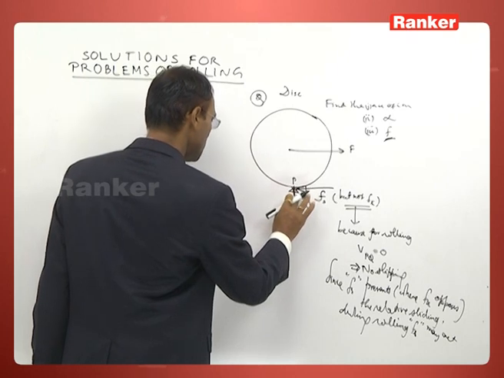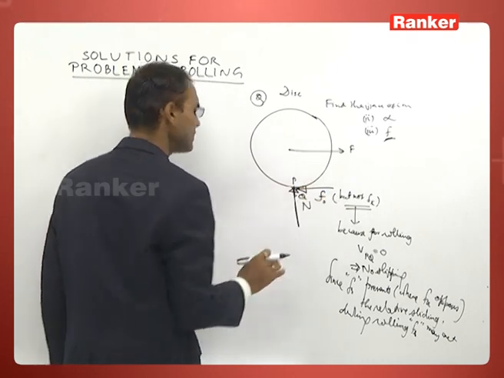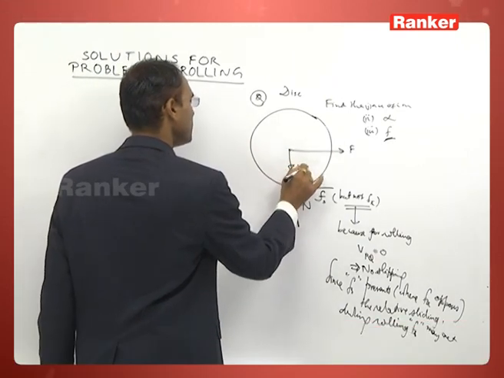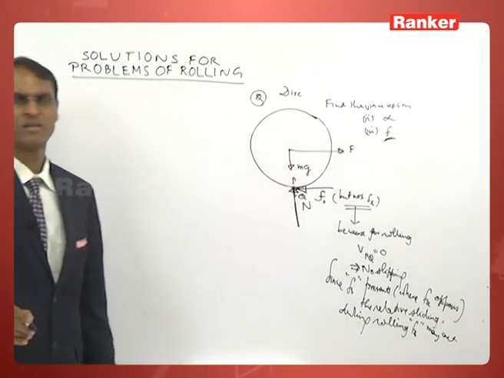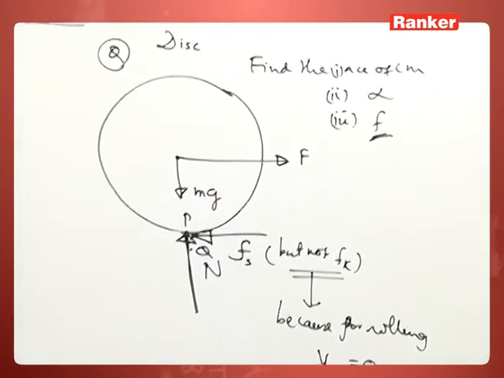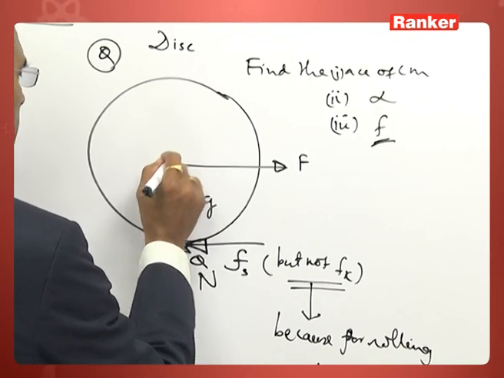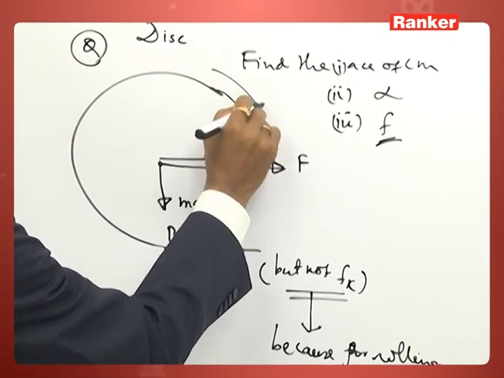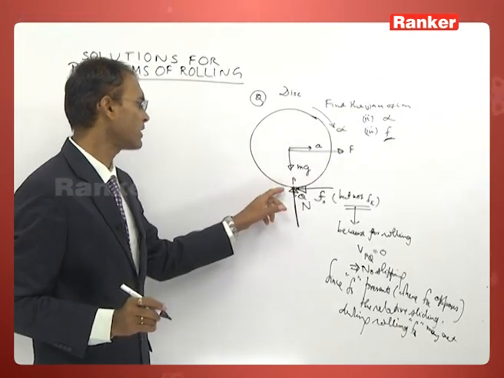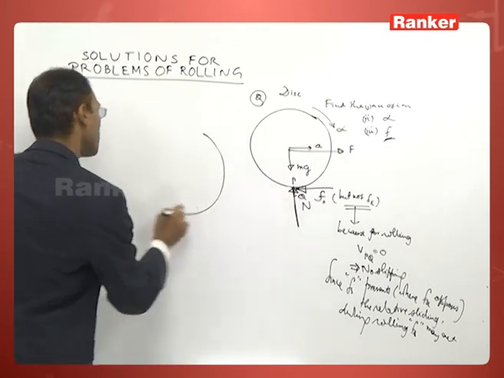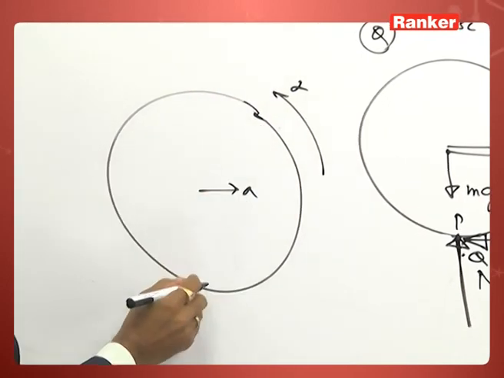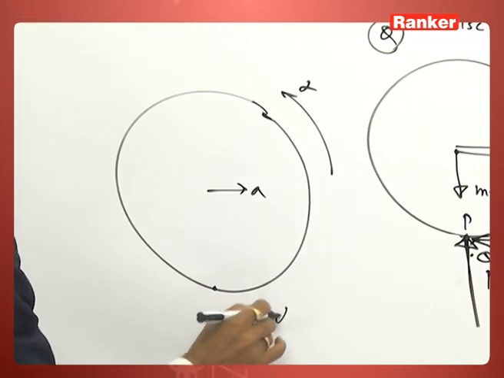Well, we have chosen the magnitude and direction of the force of friction, a normal reaction, the applied force, and the gravity. Under the action of these four forces, the body is rolling with center of mass acceleration A and angular acceleration alpha. You take A in this way, alpha in this way, you can write A is equal to R alpha. But if you take A in this way and alpha in this way, you have to alter. You cannot write A is equal to R alpha. This will be wrong,